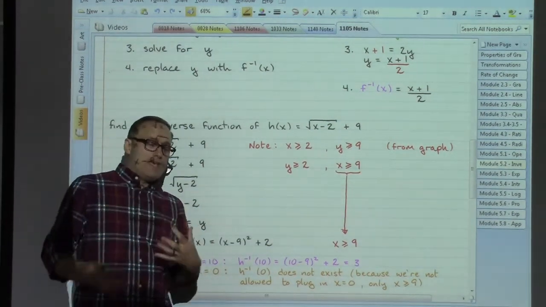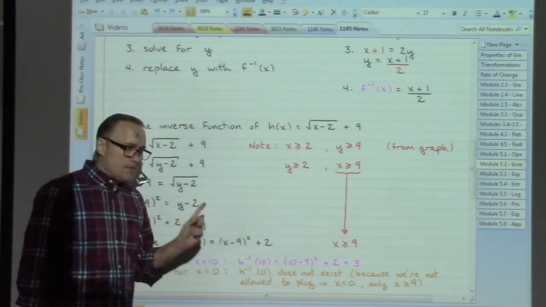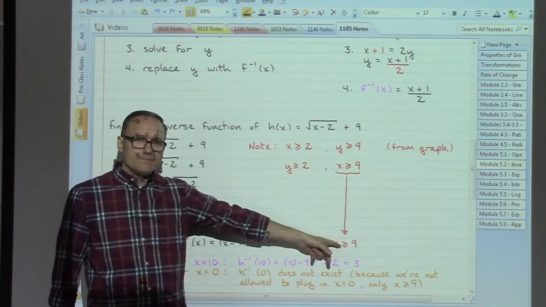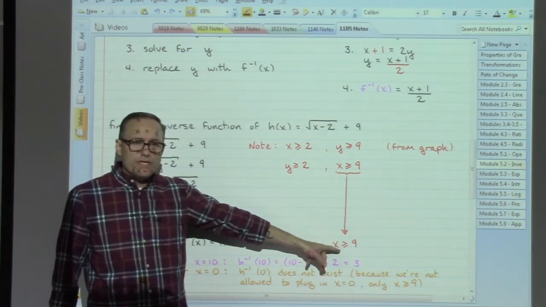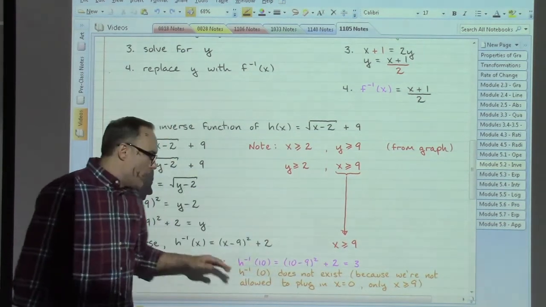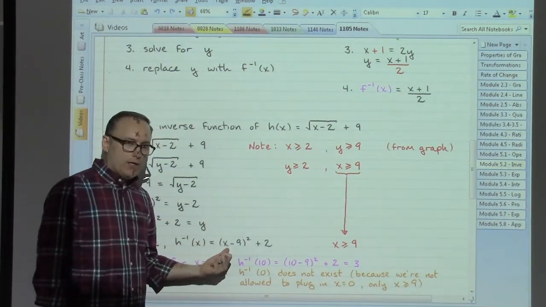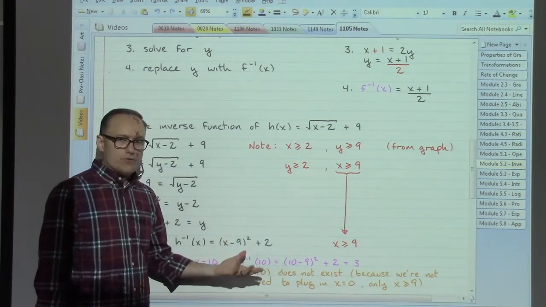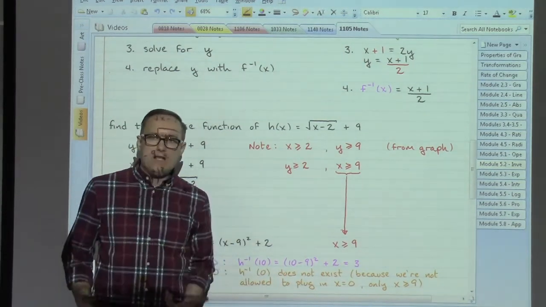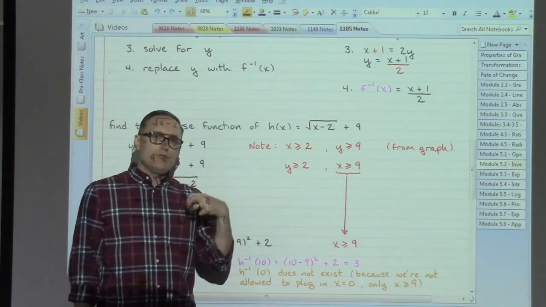We're not allowed to do that in this particular case because there's this restriction. Our function is only good for when x is greater than or equal to 9. So it doesn't matter that, mechanically, can I plug in a 0? Yeah, can I have 0 minus 9, square it, add 2? Mechanically, we can do those calculations, but in this particular situation,